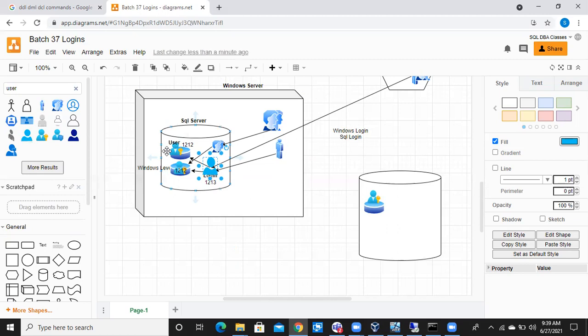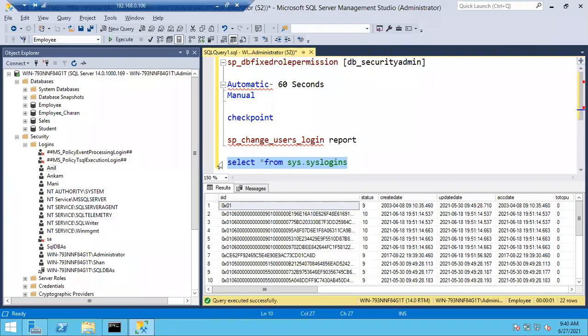Shanmukh, how does the SID mapping, like the number assignment, work? Yes, SID will be given by the SQL Server database engine. No need to give anything from your side. Automatically, the SQL Server database engine will allocate one SID for each login and each user. It should be unique too. Yes, while creating any login, it should be unique. You can see here, if you run select star from sys.logins, every login will have